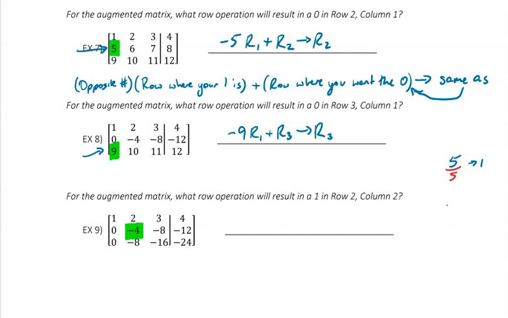If we had a -10 and wanted to turn it into a 1, we could divide it by -10. It's the same thought process that we use to cancel stuff out when we're solving equations. All right, so if we want to turn this -4 into a 1, then essentially we just need to divide